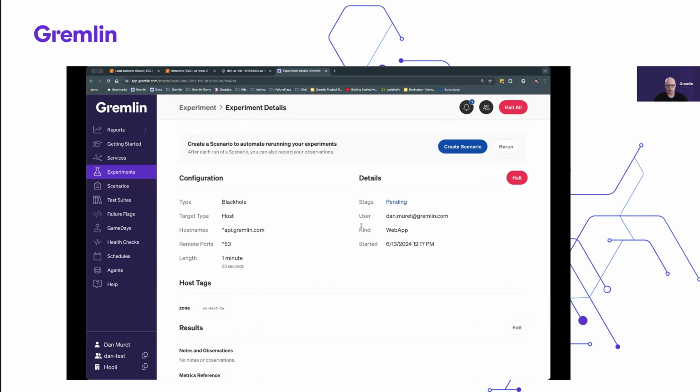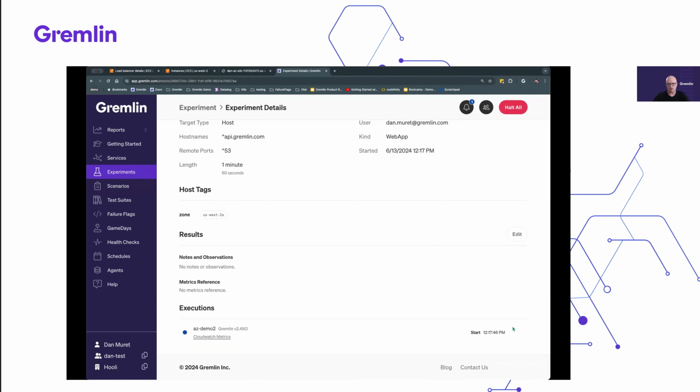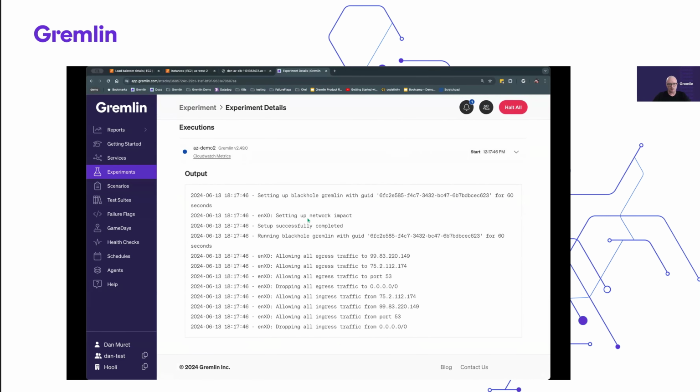This will take, of course, just a second to set up and start running, and we will give it just a minute. All right, it says it started, so we should get logs here in just a second. We'll take a peek at those. All right, so the black hole is set up, so we're basically simulating that AZ failure now. So we can see the changes that we've made to the